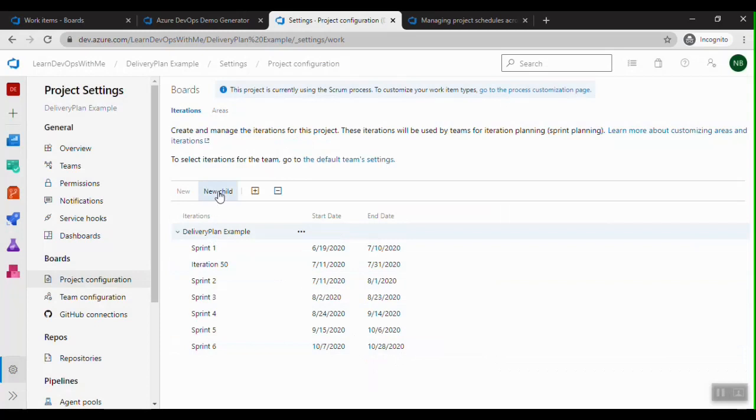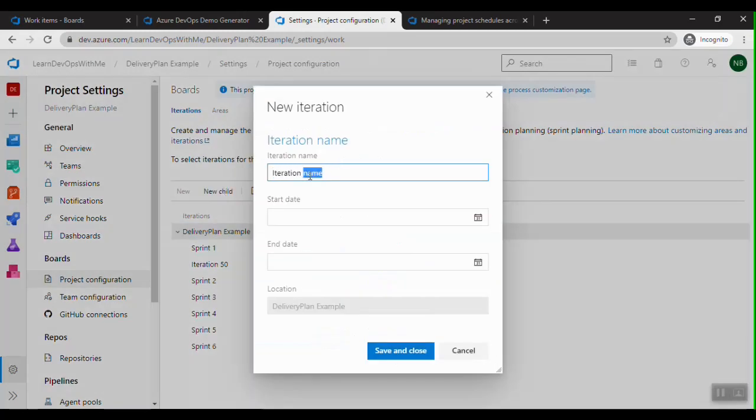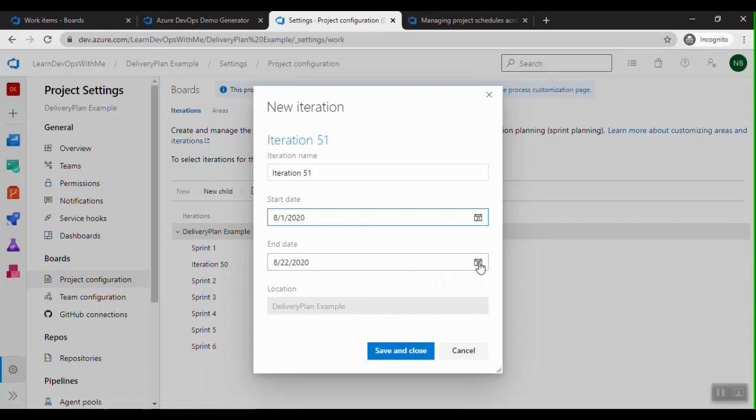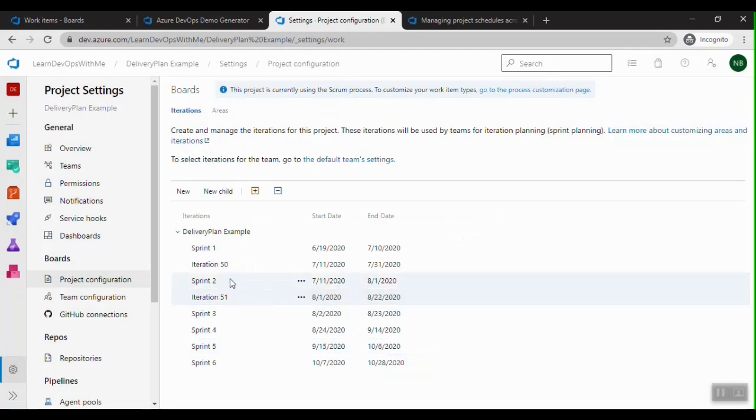Similarly, let's create iteration 51 and the date from where iteration 50 left. So we can start with 1st August, and maybe we can say 22nd August. So we have created two iterations.